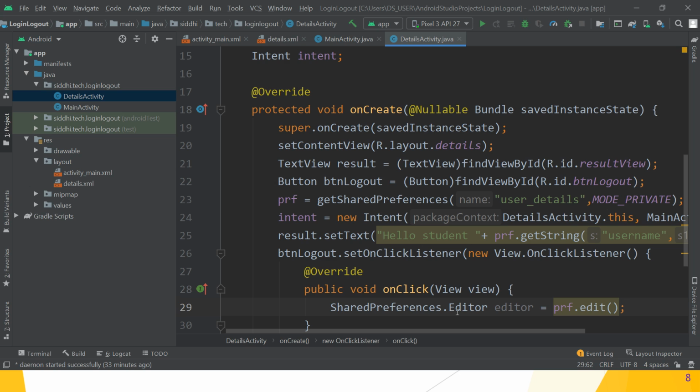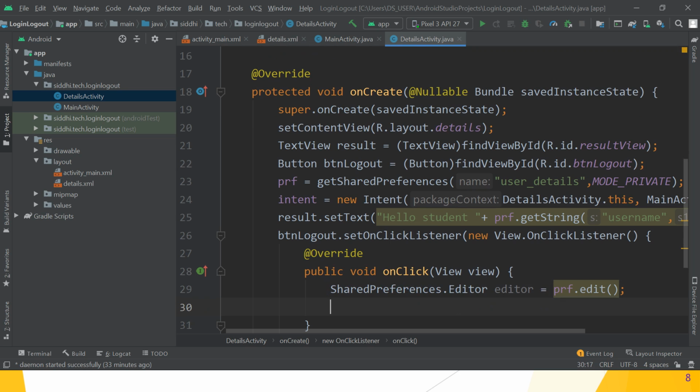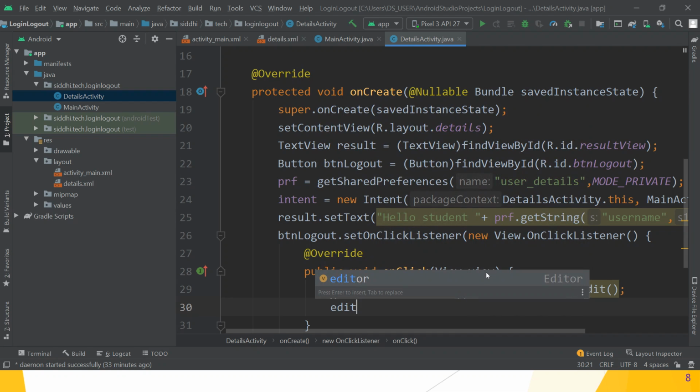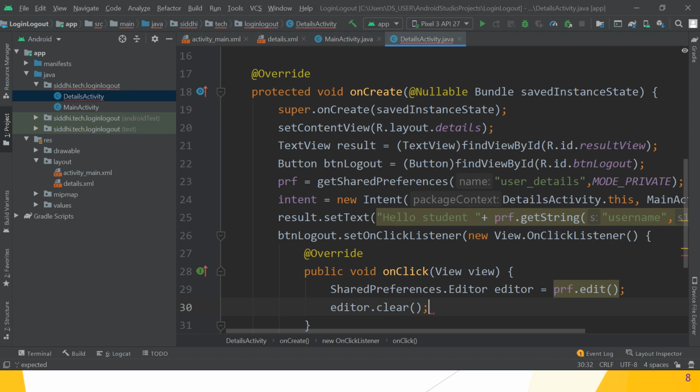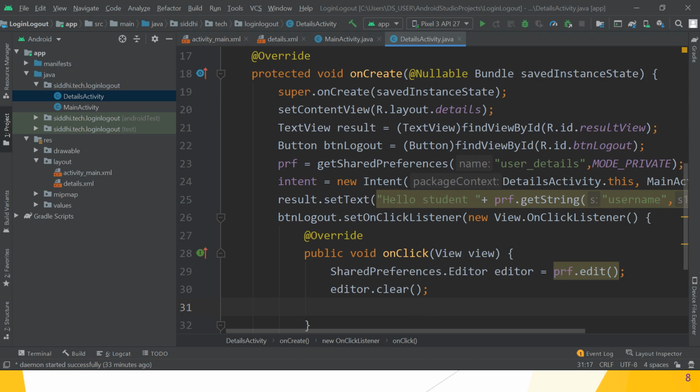After that we have to clear all the saved key values in that user details shared preference file. Which method is there? The clear method. So use editor dot clear, which clears all the shared preferences stored in that user details file.